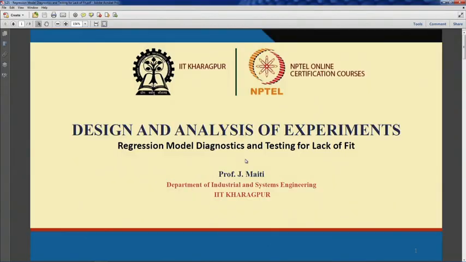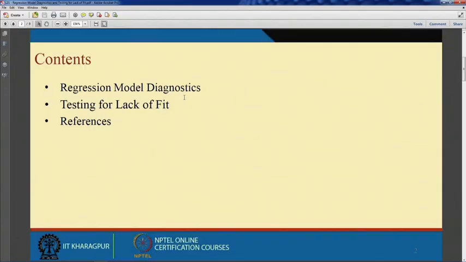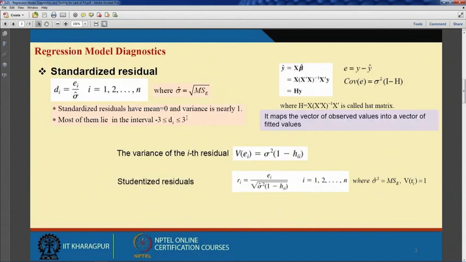Welcome. In this lecture, we will see some of the diagnostics for multiple linear regression, and one more concept we will introduce, which is known as lack of fit and test for lack of fit. Essentially, the diagnostics measures, lack of fit and its tests will be discussed, and for model diagnostics we will be using standardized residuals,